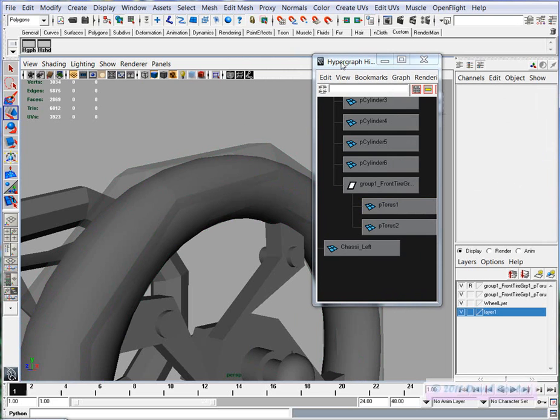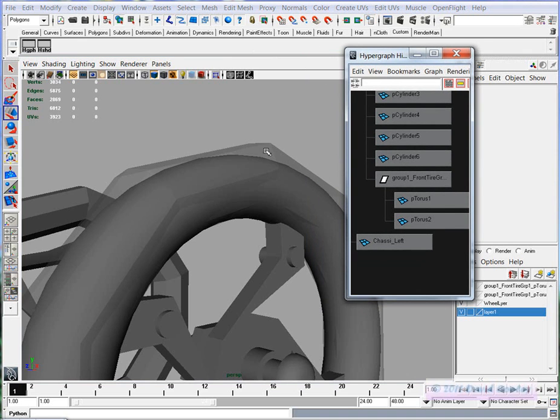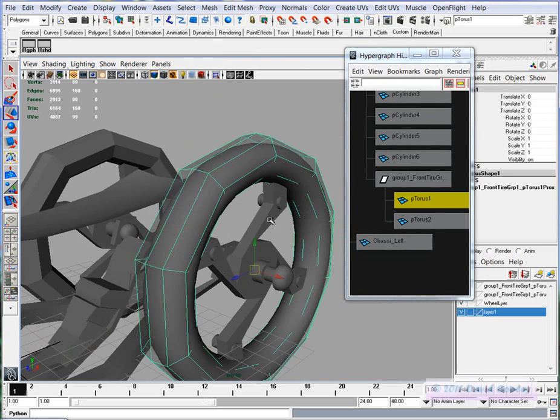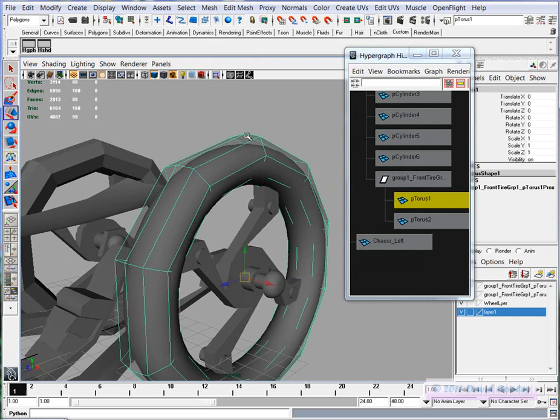The point is, when you're doing modeling like this, and remember, this starts to get a little bit technical and more confusing, so it's going to take a little while for you to get the hang of it. But what we're really trying to do is make things easier to animate later. Okay? So as we're building these things, and as we're texturing these things, the great part about this is everything